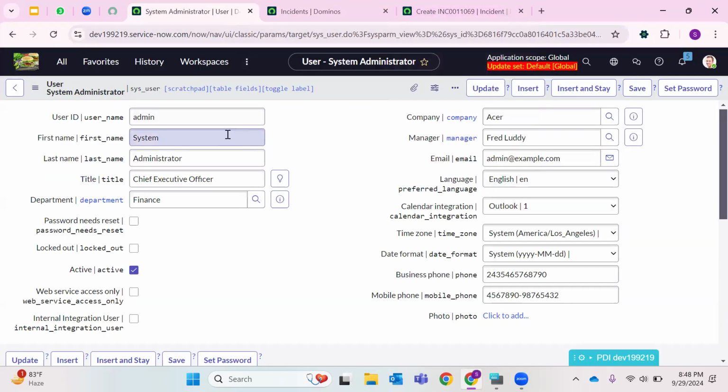Creation of user profile to everything. So what is this user ID? What is this first name? Everything I'm going to teach. Don't worry, I'll be